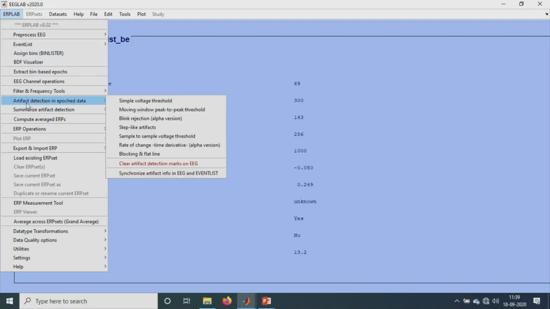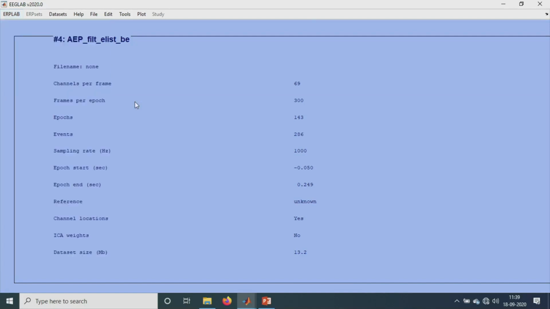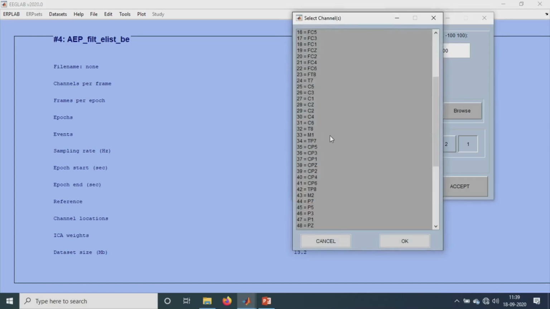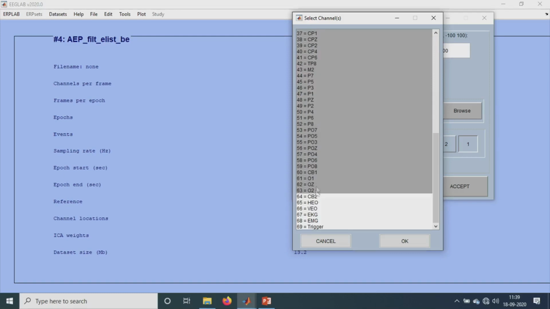The artifact detection we will do first is using this voltage threshold. This is the most commonly used artifact rejection method. In this there are so many channels, and I want only the first 64 channels to go through this artifact rejection.